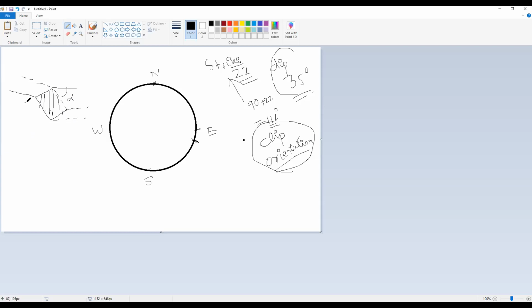And if it is a strike, suppose the true north is this. The strike is making an angle of beta. So we can represent the orientation of the plane by beta and alpha, or this dip. Suppose this is the dip projection in the upper plane. So this particular plane is making an angle with the true north of beta plus 90 degrees.